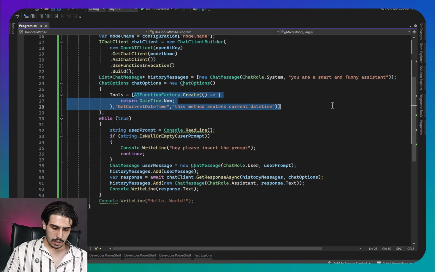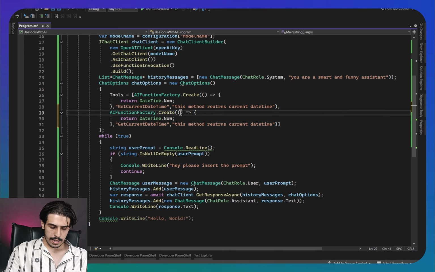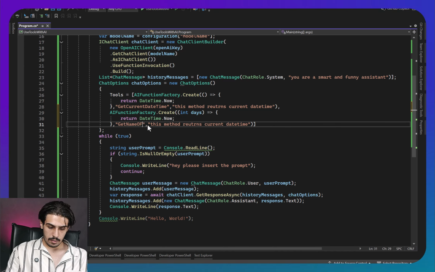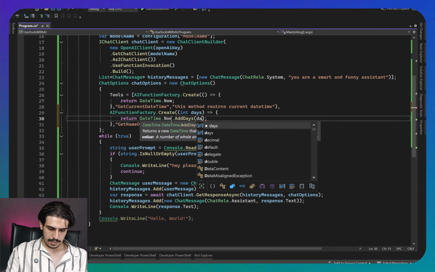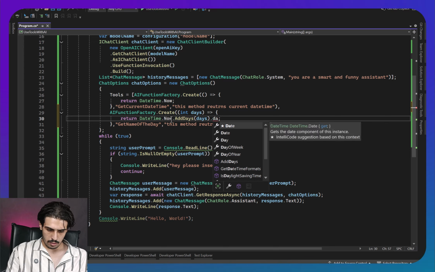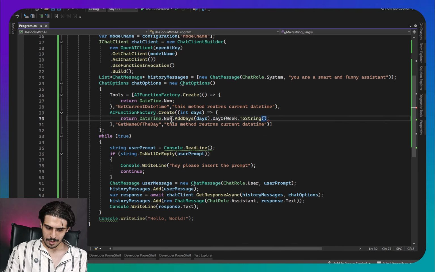Let's check out another example with some parameters. I'm going to copy this one and paste it here. This one gets int days. So I'm going to return the name of the day. I'm going to say DateTime.Now.AddDays, that's days, that's DayOfWeek, that to a string. Okay, so this method returns